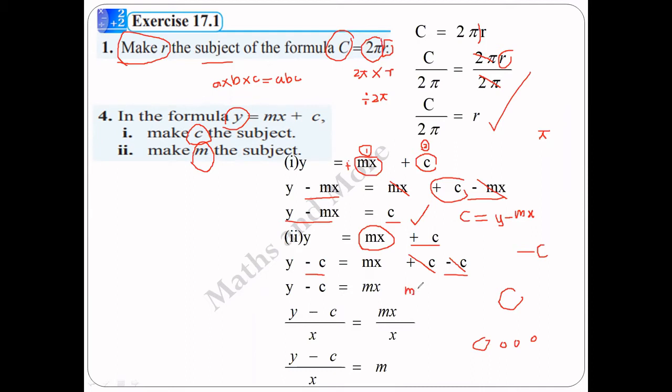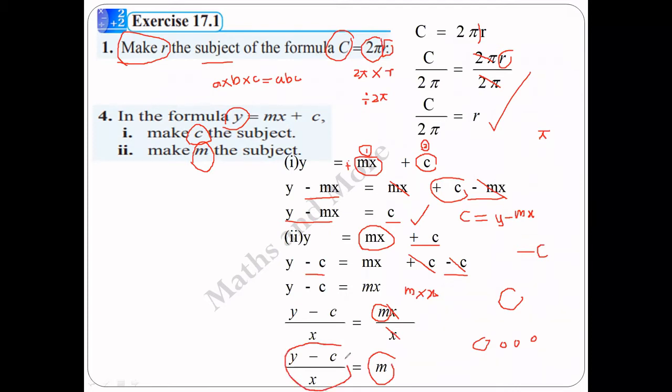Before doing the inverse mathematical operation, you have to think about what the mathematical operation there is. Here m and x are combined by multiplication. So the inverse of that is division. So divide by x. Divide not only this side, divide this side also by x to maintain the balance of the equation. Now you can cancel out this x with this x. Now only m is on one side. On the other side, y minus c over x is there.